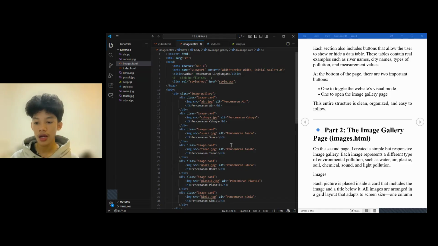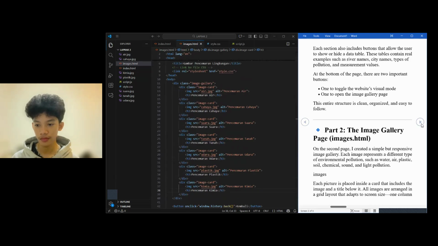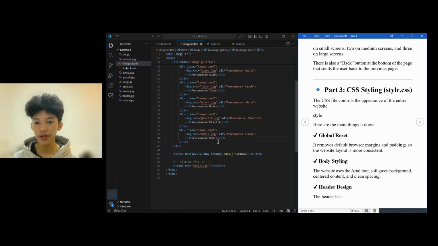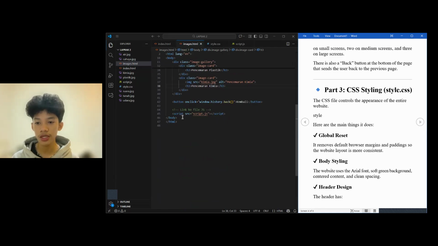All images are arranged in a grid layout that adapts to the screen size: one column on small screens, two on medium screens, and three on large screens. There is also a back button at the bottom of the page that sends the user back to the previous page.